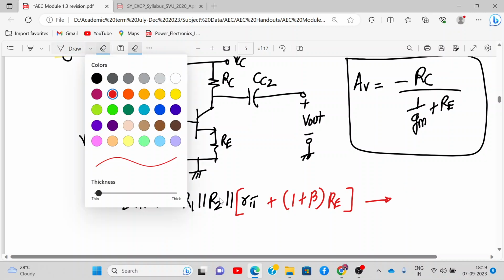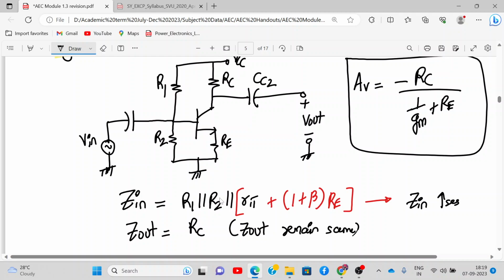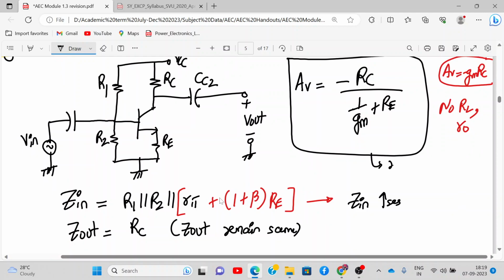That means input impedance of the amplifier has improved. So Zin has increased from normal CE amplifier. And what about Z out? Z out will be same as RO. Okay, so Z out remains same and AV is reduced but more stable. So this is the summary of degenerated